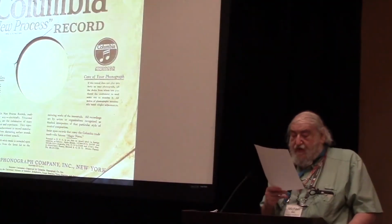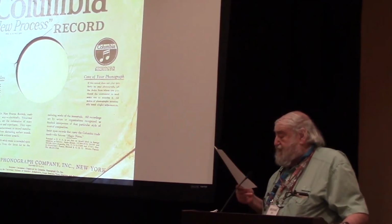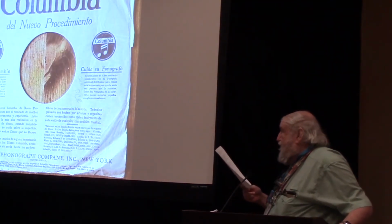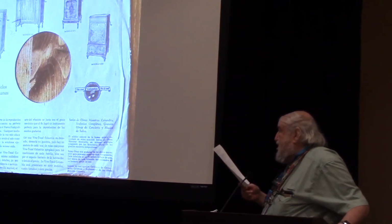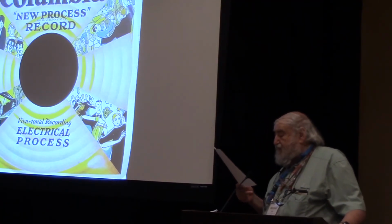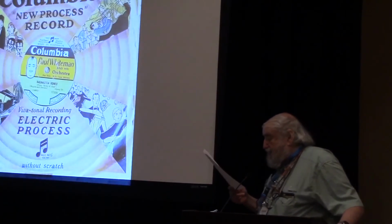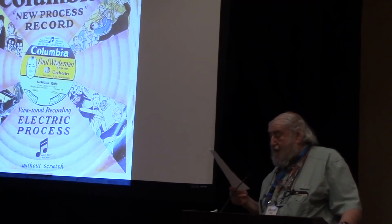Columbia sleeves had remained austere during the 1920s, promoting their new process and also then electrical Viva-tonal recording. Then suddenly came what many people think is the most outstanding sleeve in history. Although some have the mistaken opinion that this was issued to accompany what many feel is the most outstanding label in record history, the Paul Whiteman Potato Head,